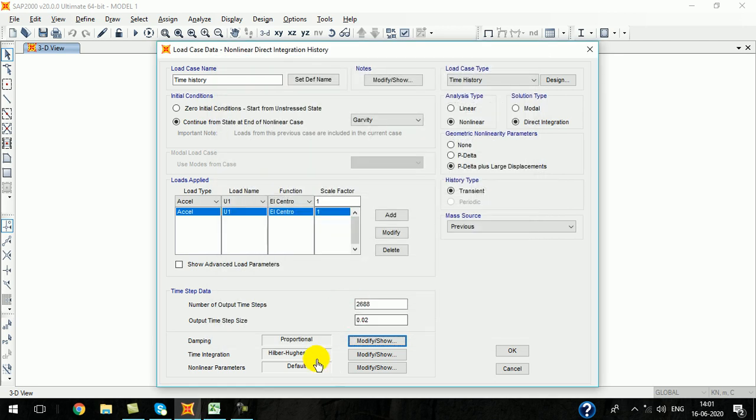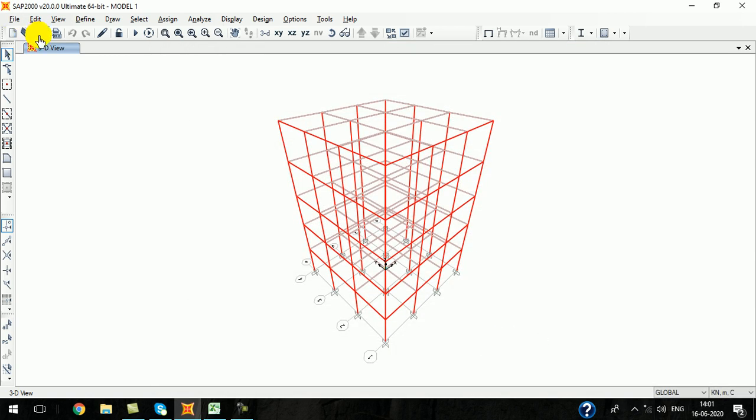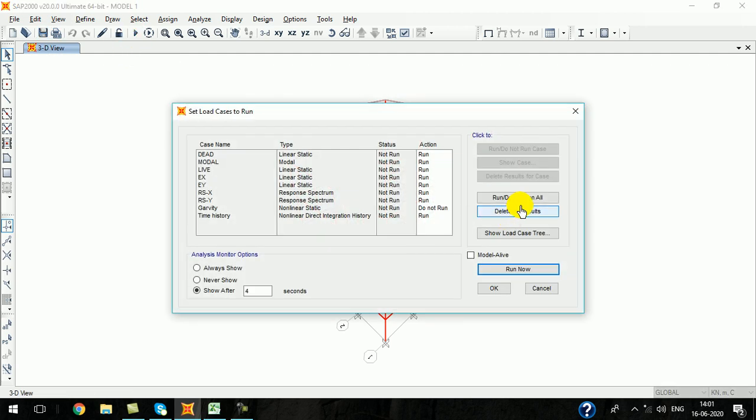Now click OK, and the time integration method, let it be. Click OK, click OK. Now let us start the analysis. Let us run the analysis.